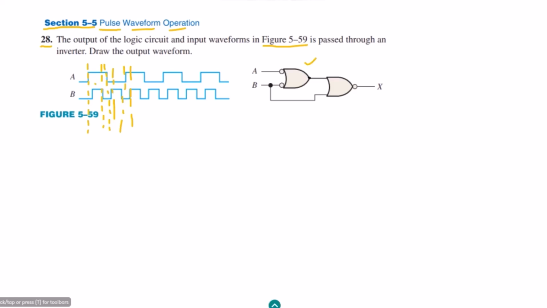We can see that A is applied and B is applied. A is complemented by this bubble here, B is complemented by this bubble, and this is now passed through this OR circuit. So here we will have A complement plus B complement. Now this A complement plus B complement and this B are applied